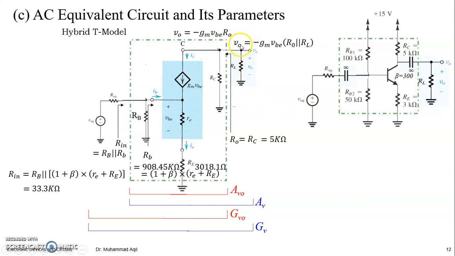And the output voltage when we include RL is not much different because R0 is now in parallel with RL. So you need to find the voltage here, right? And voltage here will be the current multiplied by the overall resistance, right? The current is going into this transistor, right? This will be the modeled current source. So this is your output when you include RL. This is your output when you exclude RL, right? So now we can write the expressions for Av0, Av, G0,